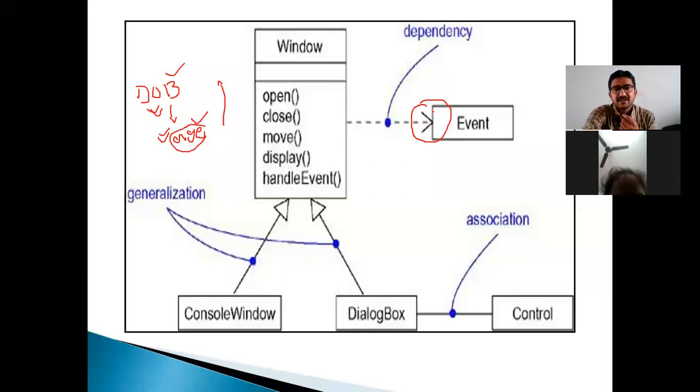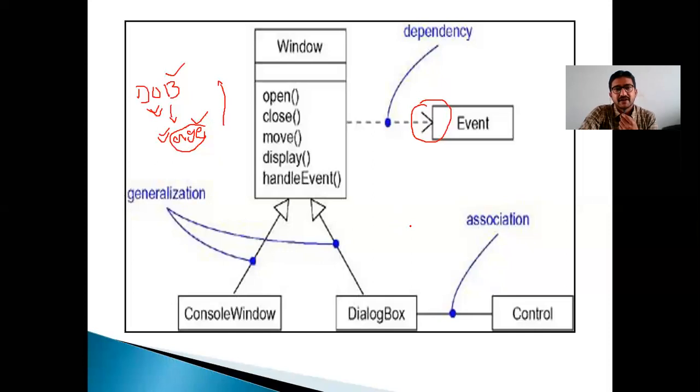And in a similar way, generalization: we already discussed the parent and child relationship, right? So when you have a number of types, we can use generalization. And coming to association, when anything is changed over here, for example, if anything is changing here, it also changes over here.